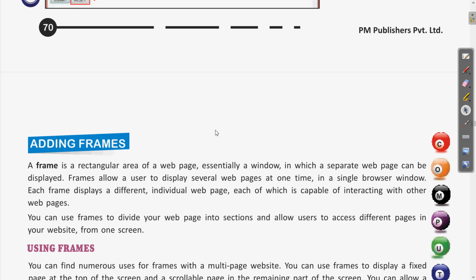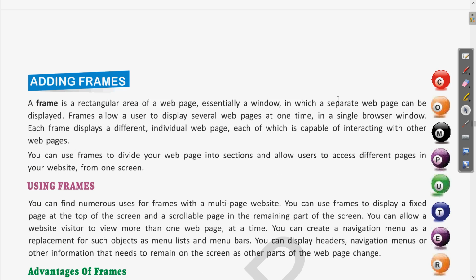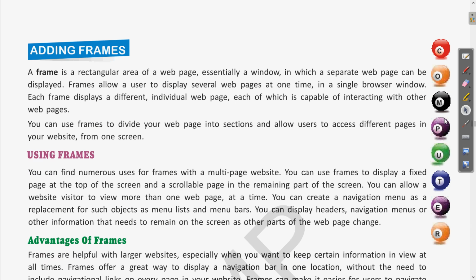Clear? So let us read a few of the things. The code and the various examples of this we will see in the coming class. So let us see first what basically is the frame.